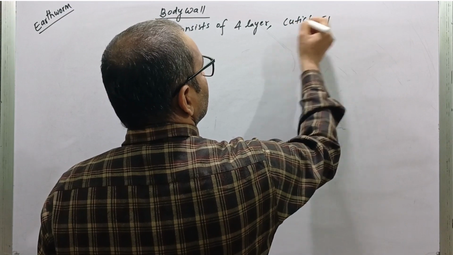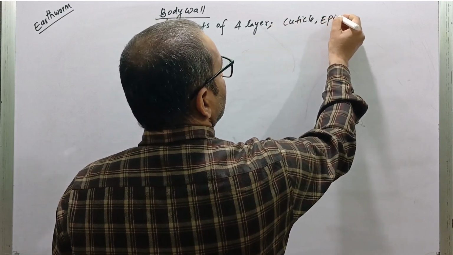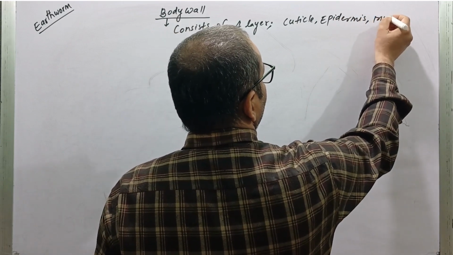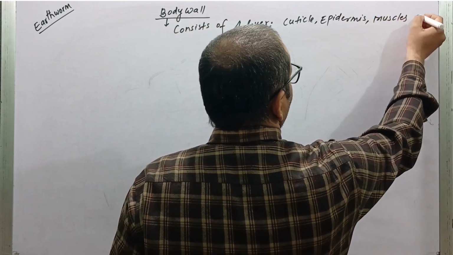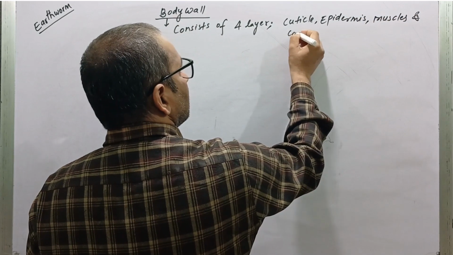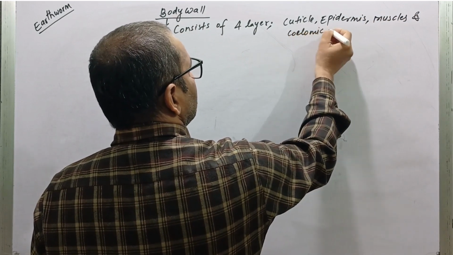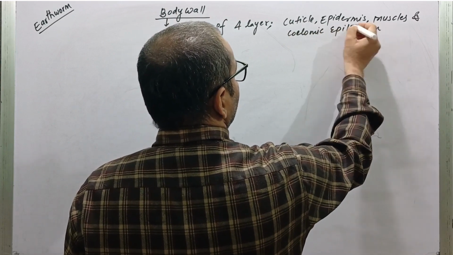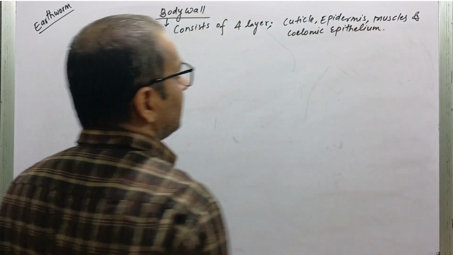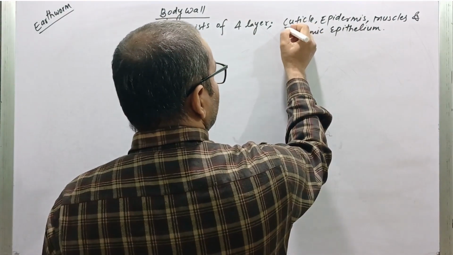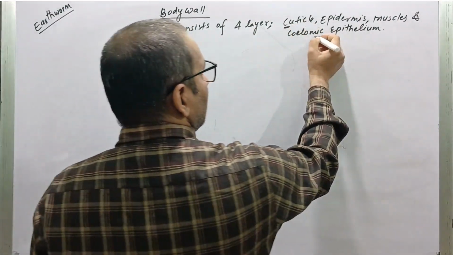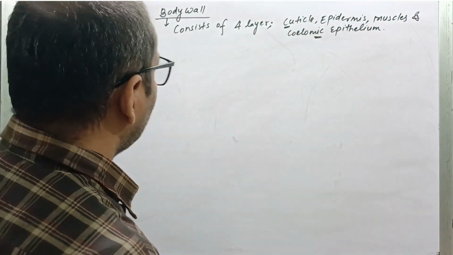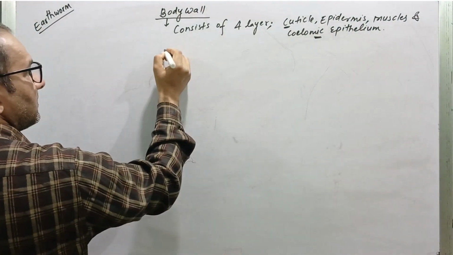cuticle, epidermis, muscles and celomic epithelium from outward to inward. That means cuticle is the outermost layer and celomic epithelium is the innermost layer. Now let's first read about